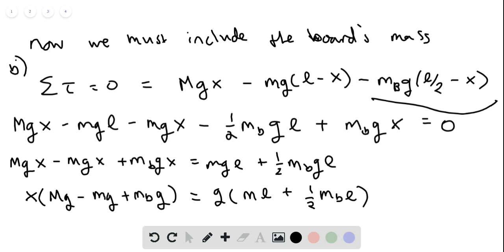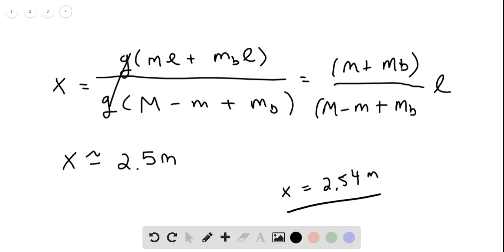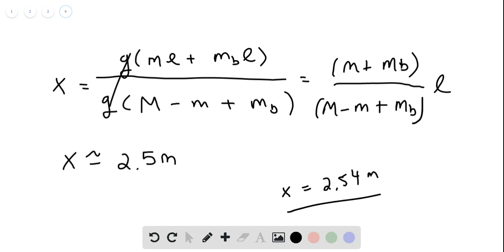You just multiply, distribute all your terms, and then separate x only on this, just like I have here. X things only on the left, and then everything else on the right. Then you can factor out x, divide, and you should end up with the next page's result, which you can also factor g out of both the numerator and denominator. And if you just plug in those masses, big M was 75, little m was 25, and MB is now 15 kilograms. So we have to include that in there. And this should basically change the position to about 2.5. So it just moves 0.2 after